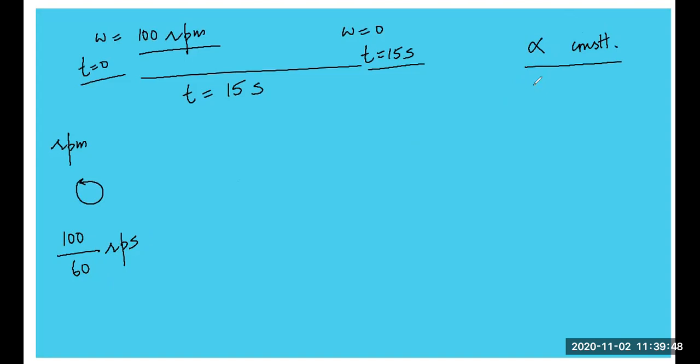Okay, students. So calculate the number of revolutions made by it before coming to rest. I want to find out the number of revolutions made by this before coming to rest. That means n. I want to calculate the number of revolutions. So students, here I can write the initial velocity is 100 rpm, right? So I can say omega naught is equal to 100 r